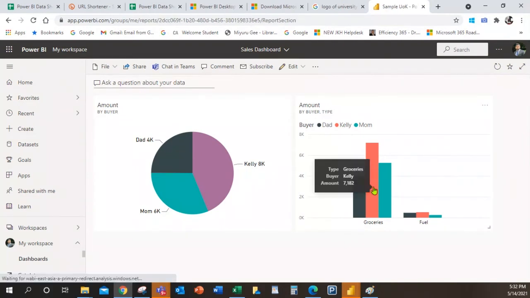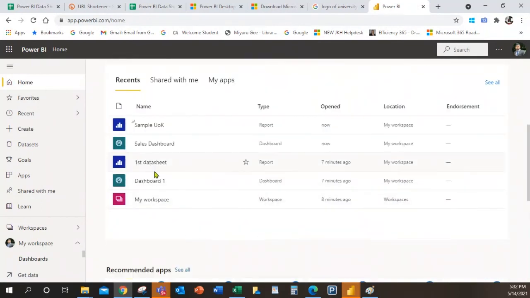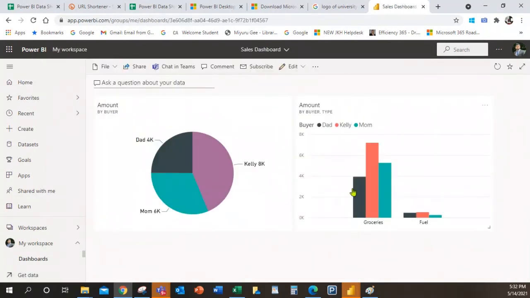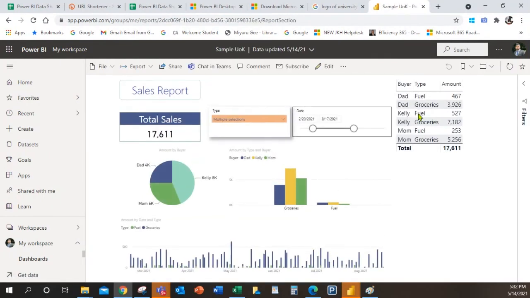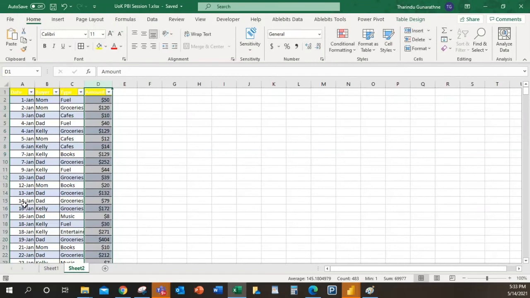So this is the dashboard. As I explained to you, if you need to go to the details of these items, you can click on this tile and see. Now we already created and published the dashboard. Day after tomorrow, we'll do some updates. There's a question related to Power BI certification. I'll go through the steps.